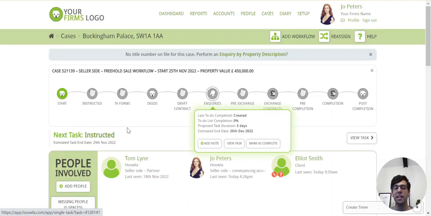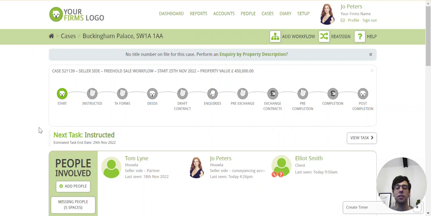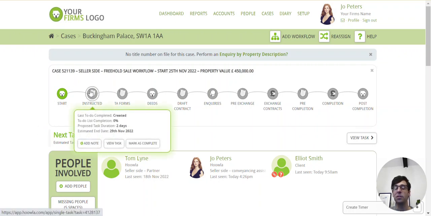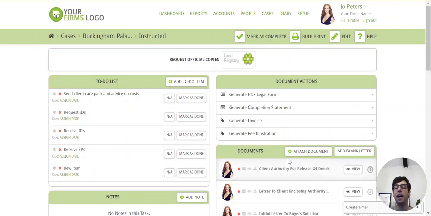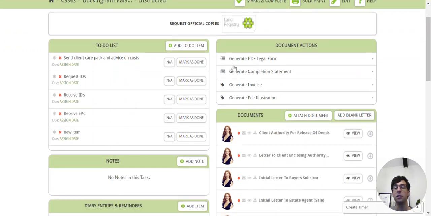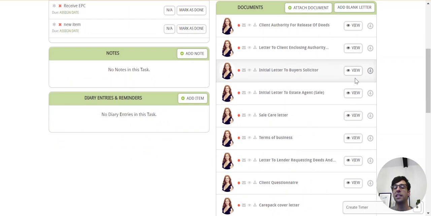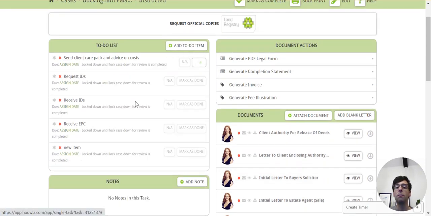So this is a case in Hoowla. Again, this is not the video to go through all the details, but these are milestones where everything happens underneath them. And under the milestones, we've got two columns effectively: tasks and notes on one side, which we call to-do items, and documents and legal forms on the other. Got all our letters ready to go. We're not going to have to put them all into an email. All you'll do is press that one button,